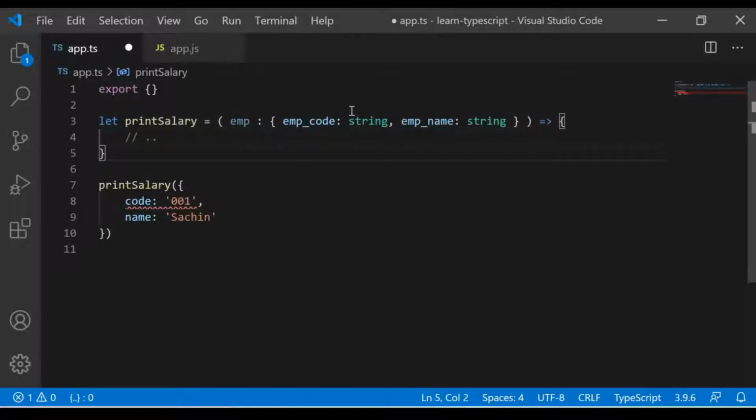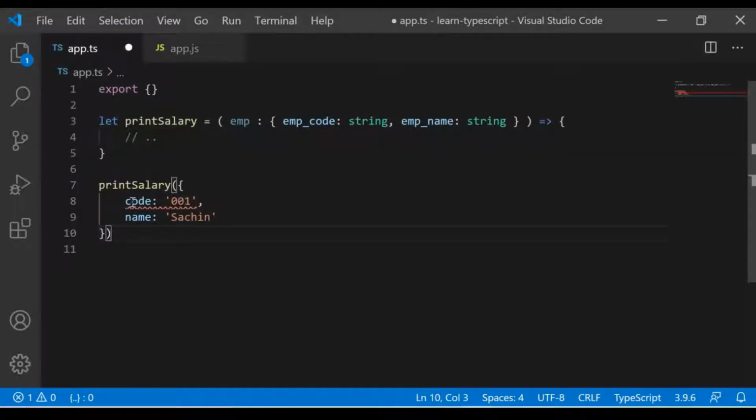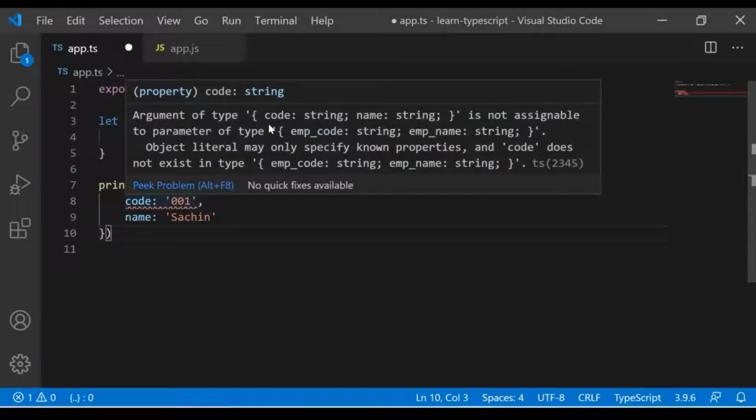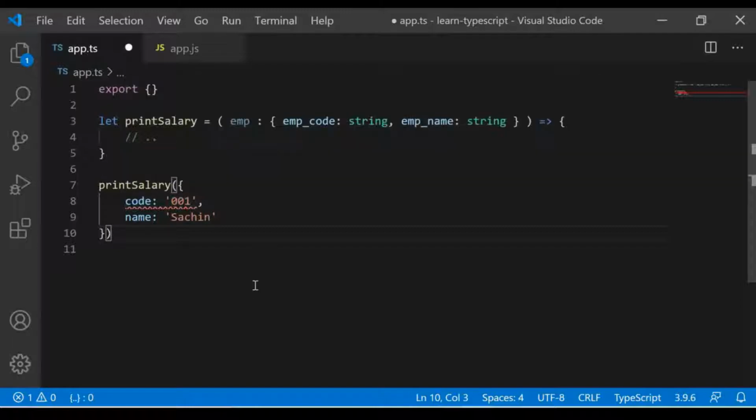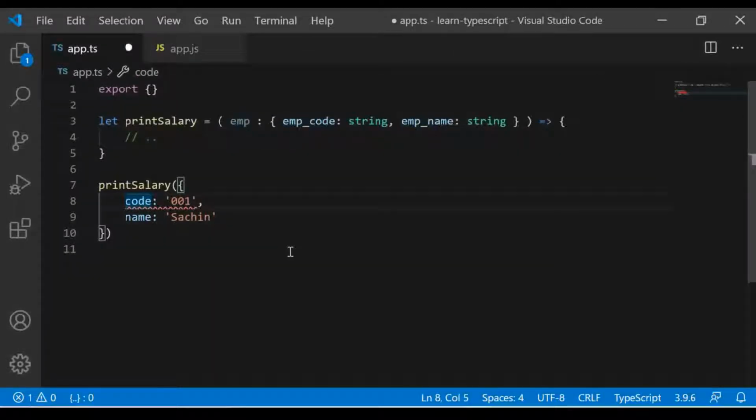Great. So now as you can see here, when we are passing this code thing, it is saying that this code and name is not assignable to parameter of type emp_code and emp_name. So now we have fixed it like this. Okay, so you need to fix this. From here we can see your code has to be emp_code and emp_name, otherwise it will not work.